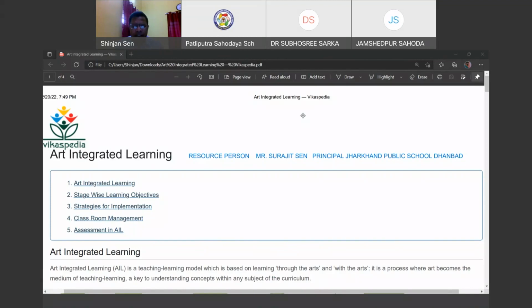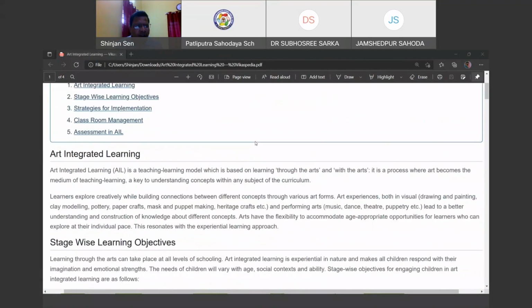So art integrated learning. Let us see what we have. Art integrated learning is a teaching learning model which is based on learning through the arts and with the arts. Now, this particular sentence, through the arts and with the arts, is very, very important. Whatever we want to teach our children, whatever we want to discuss with them, it should be through arts and it should be